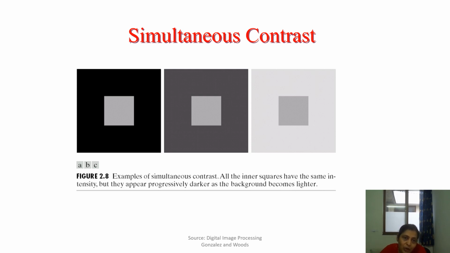So the center, we are not changing the center, we are just changing the backgrounds here. The backgrounds are different shades of green. Since we are changing the background, what we feel at the center became dark. We feel that the center is darker compared to this, but if you see the numbers or intensities, the centers are the same. So this is because of the human visual system.